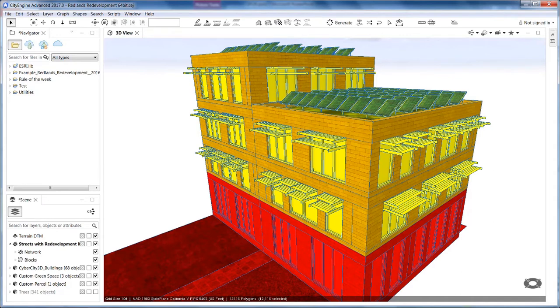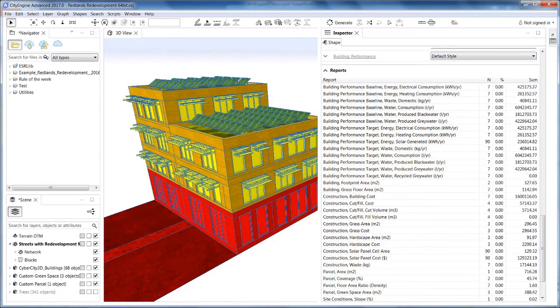It understands what it's made of in terms of its parts, how many awnings it has, how many windows it has, how many panes it has, but also you can define what it contains. In this case, commercial space on the first floor and residential space on the top 3 floors. And then based on all that understanding, all that intelligence, you can drive a set of performance metrics and reports